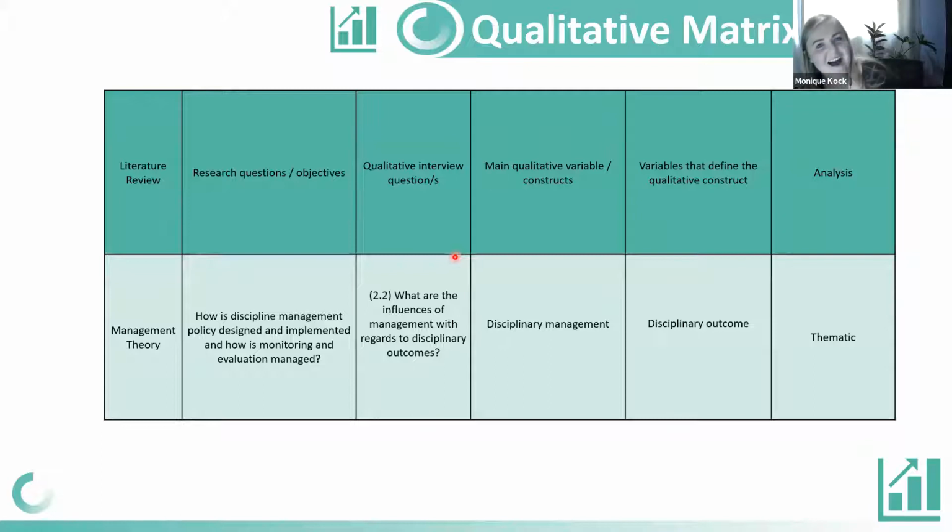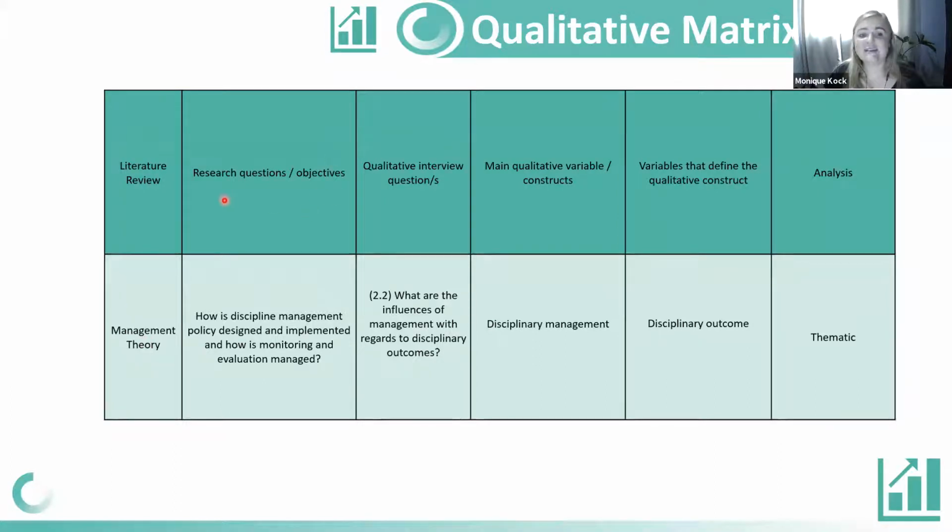So, getting to the last slide before we end off this presentation. Like Henny has created the quantitative matrix, I have taken this matrix and created a qualitative matrix to make the process a bit clearer for you as well. With regards to this matrix, the first thing that you are going to identify is the literature review. Underneath this concept, we want to see, for instance, within the literature, what were the concepts that they have identified? What are the main objectives that you are looking at?